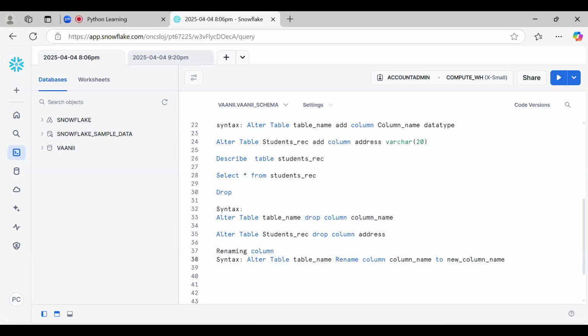You have to first write alter table, table name, rename, this one should be there. Then column, which column you want to rename, to what should be the new name. Let's change student ID to student roll number.